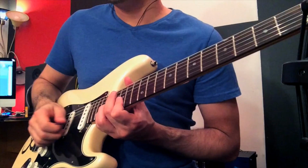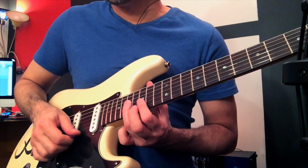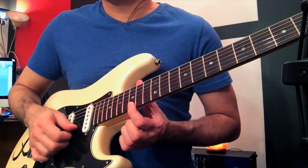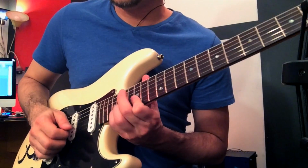Now, picking can be a little bit of a chore. Utilize all the picking I talked about earlier and find your own way to do this one. I find that if I go downstroke on the 3rd string, I could do an upstroke on the 1st string, and I get that nice outside picking feel versus that claustrophobic inside picking, which I fear so much. So we get...